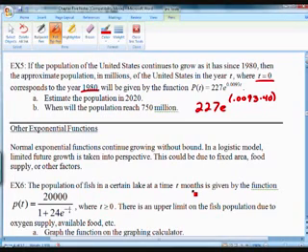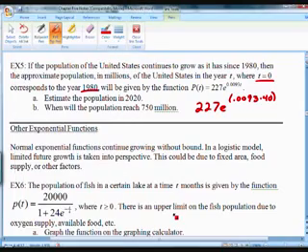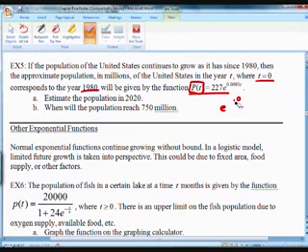In the year 2020. When will the population reach 750 million, which is over double what they're expecting it to be in 2020? Probably 2030, I don't know. Let's see if it's going to double in 10 years. 750 million, so all you got to do is take your function and set it equal to 750, because that tells you the population. Population equals this. So we're going to do 750, because it's in millions, equals 227 e to the